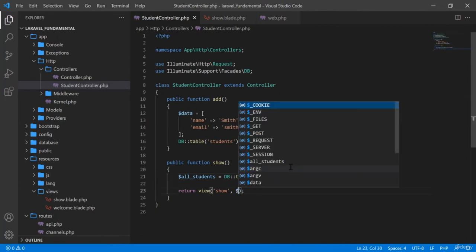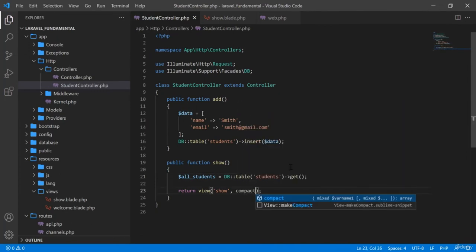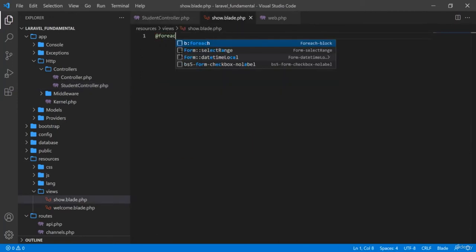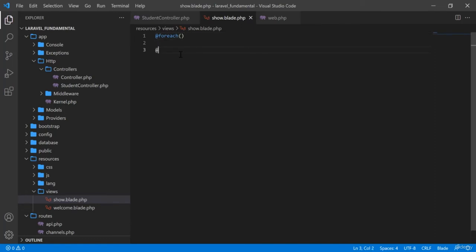and you can send this data using compact. Using the compact function you can send the data here. You can use any way that you want. If you use compact, then I will go here for a foreach, and in the foreach function I will retrieve the information from the array all students as